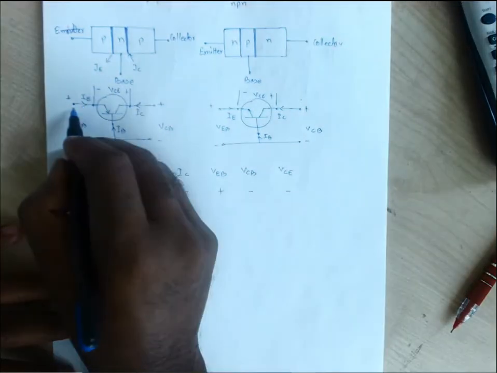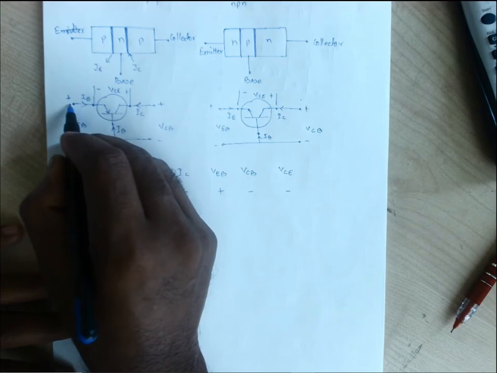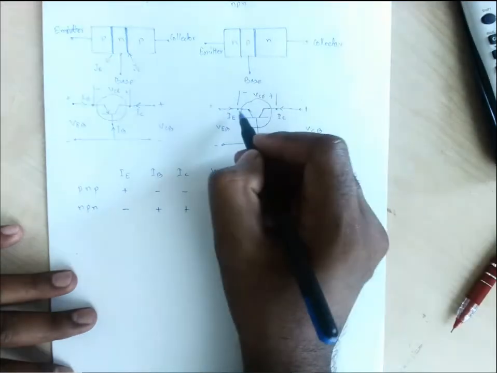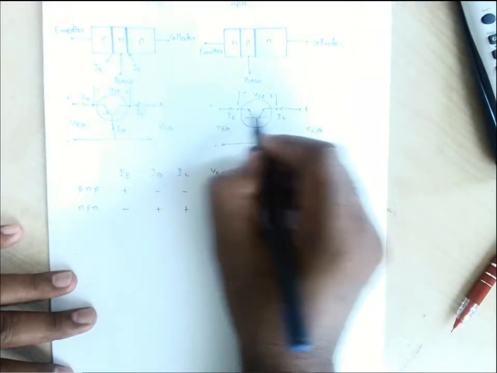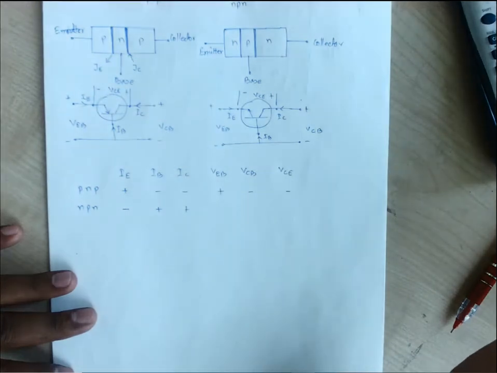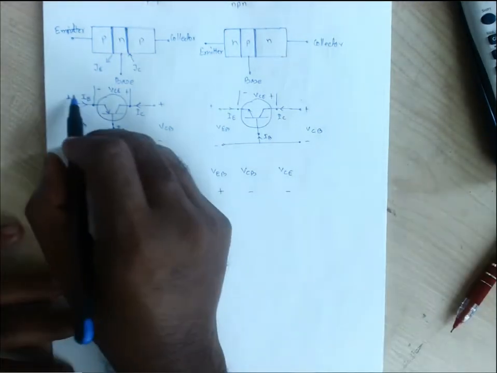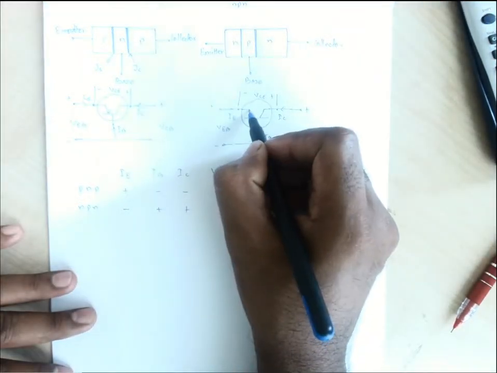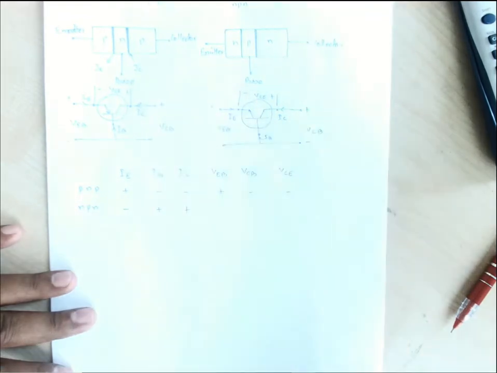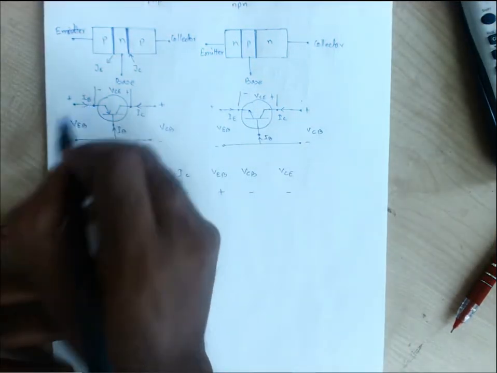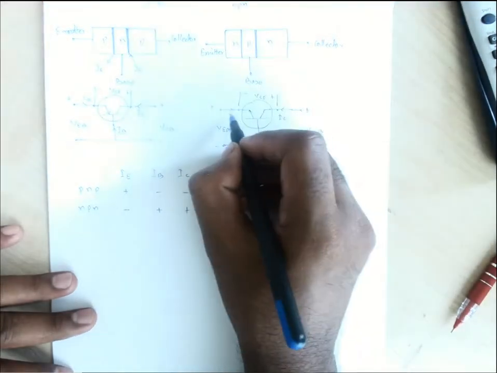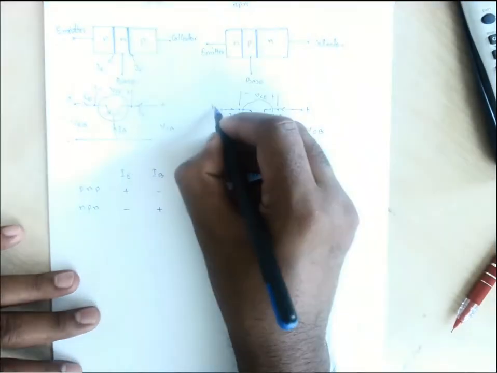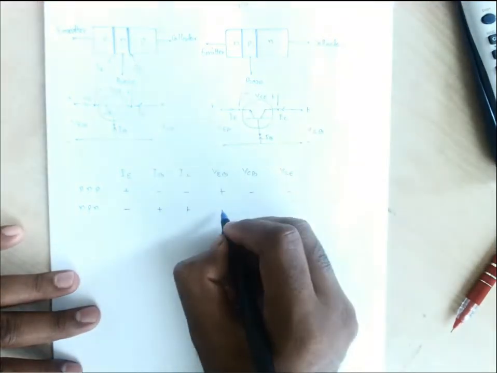For this current going in, we have taken this one as plus. Going in is the same as the direction of holes. Going out, you can consider the electron flow is in the opposite direction. You can better understand that the direction of the current is the flow of holes. As this current flows in this direction, the opposite direction will be the flow of electrons. So if current flows in this direction, the electrons flow in the opposite direction. For this case, this side is having electrons, so it should be reversed.